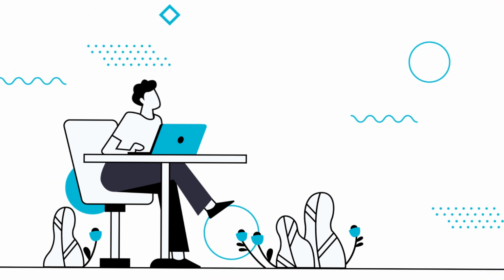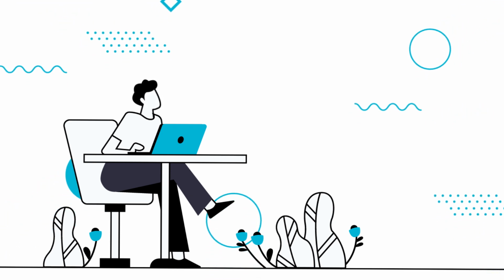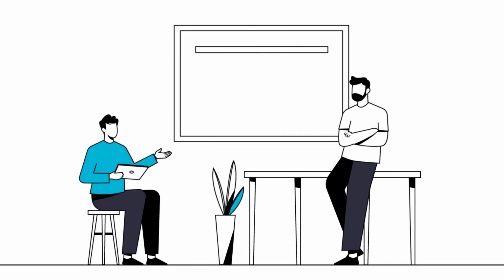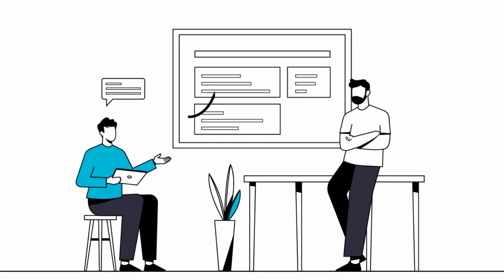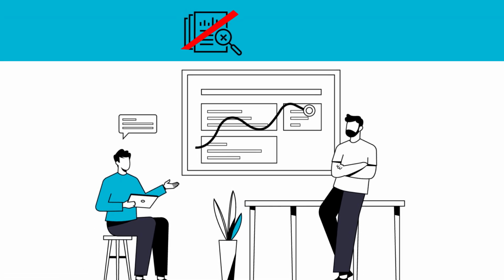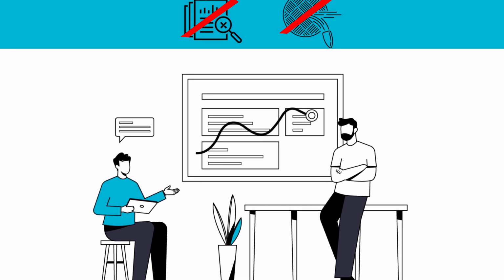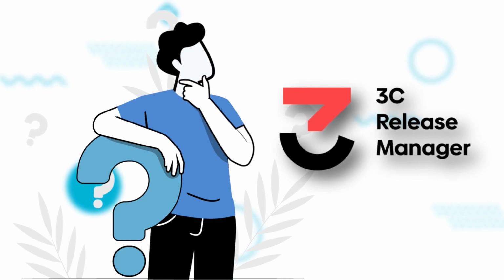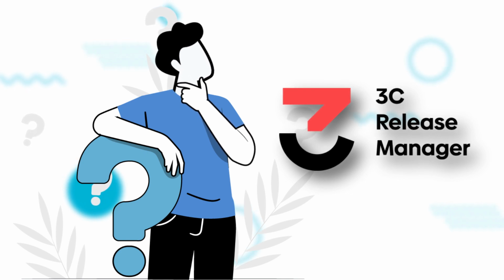It doesn't just sound like a never-ending story, but it brings a lot of human error issues as well. For example, some of the important information may be lost, and on top of that, the process is not auditable or bulletproof at all. But what happens in the other case, when 3C Release Manager assists the developer by analyzing